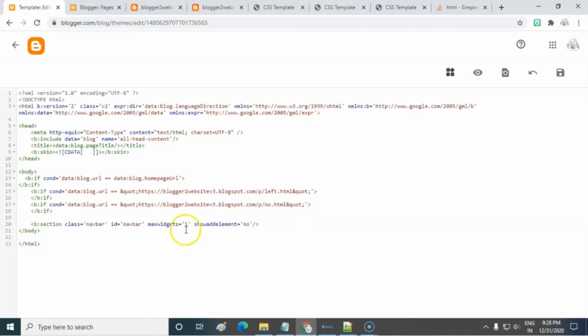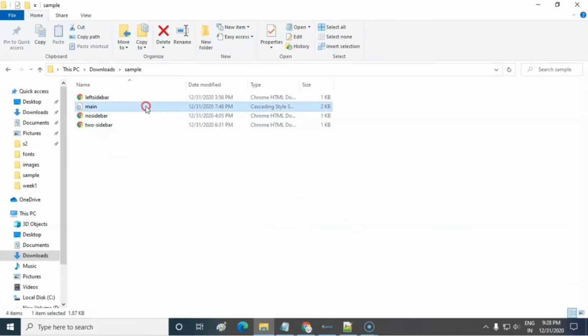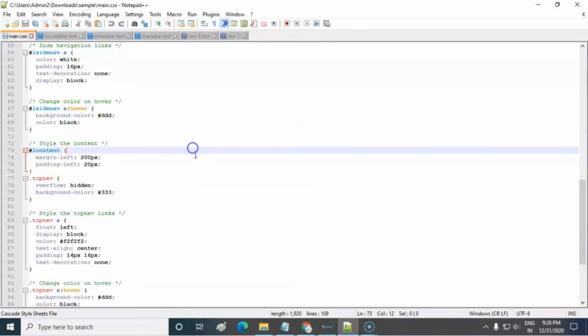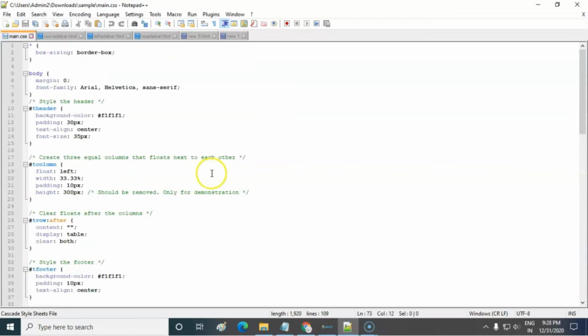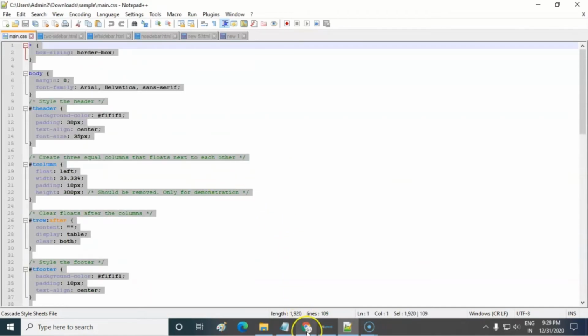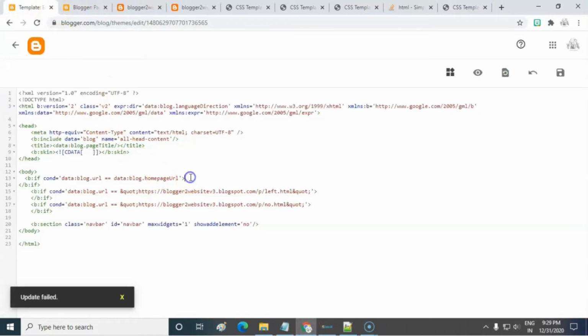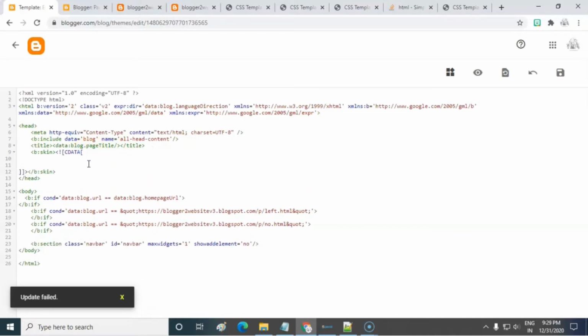Next we are going to add the CSS and static website template codes in the Blogger HTML editor. Now I am going to open all the codes with Notepad++, and it is recommended for this work. Just copy all the CSS code, return to the Blogger template editor, and paste it in between the b:skin tags.